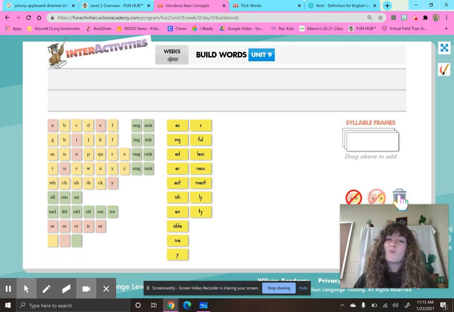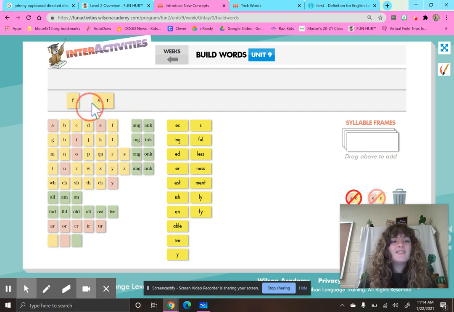So now, here is where it gets a little tricky. When we are spelling words that have that sound, we know that ER says er, IR says er, and UR says er. So we have to figure out which R-controlled vowel is going to be the correct spelling. So we are going to spell out the word first. Okay, so let's tap it, let's sound it out and put our letters up at the same time. So f, s, t,